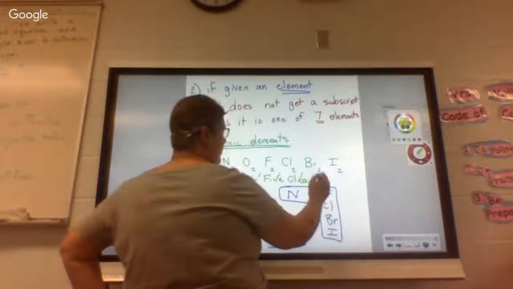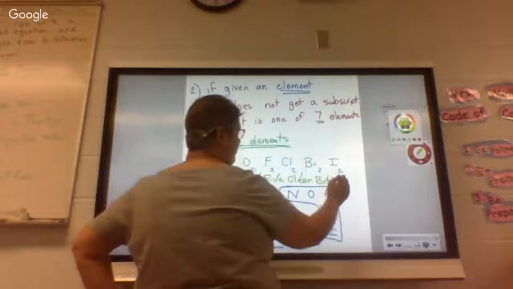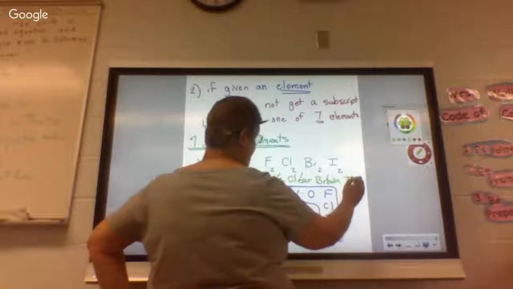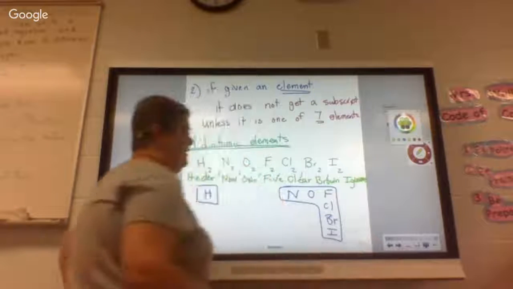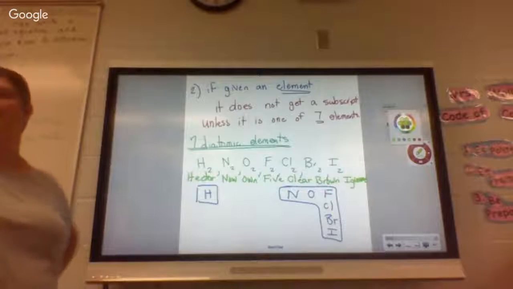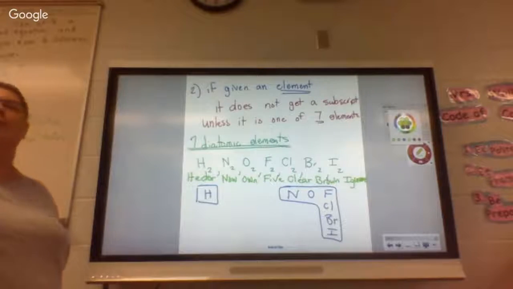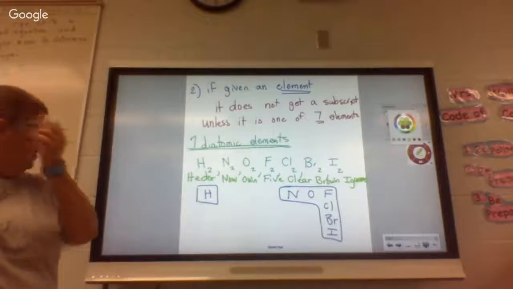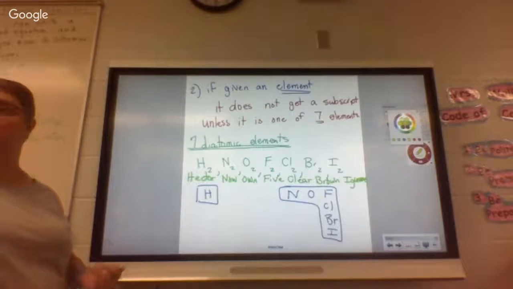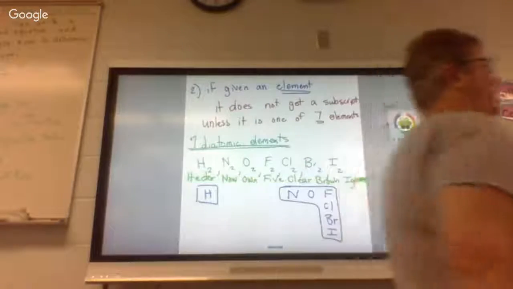Clear brown iguanas. I swear, everybody uses iguanas. I don't know how you have a clear brown iguana, but it fits with the letters on the periodic table, and even though it's a stupid sentence,